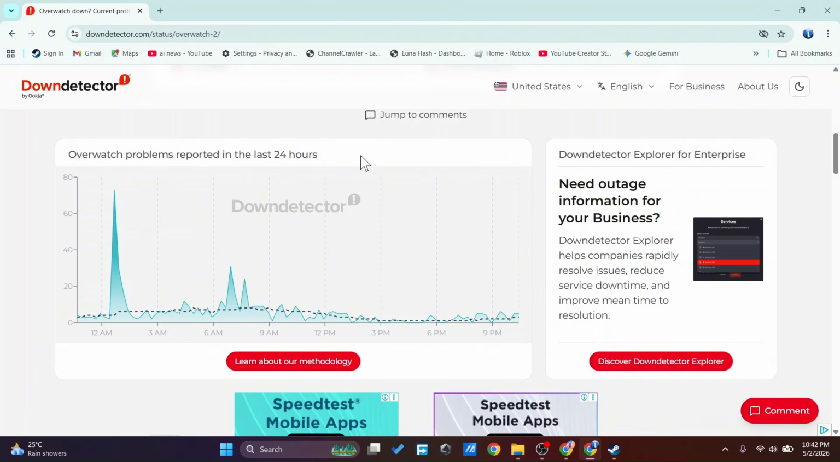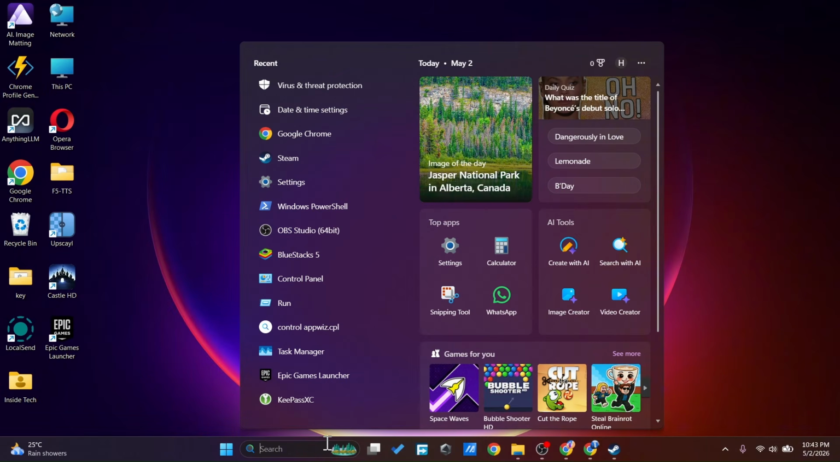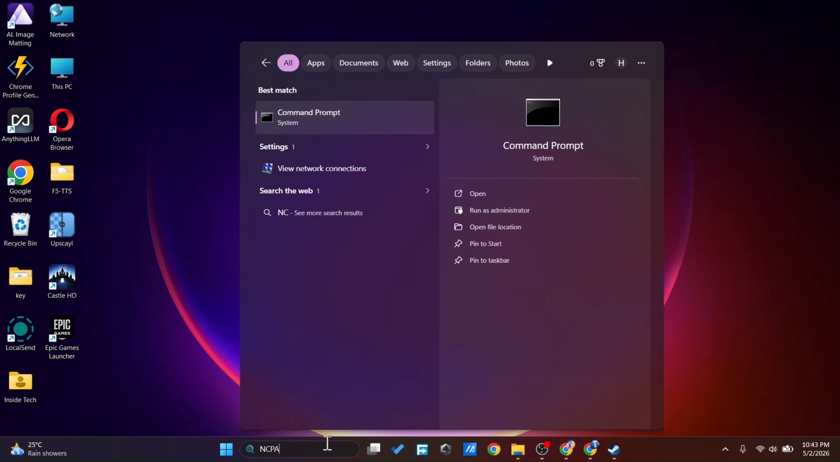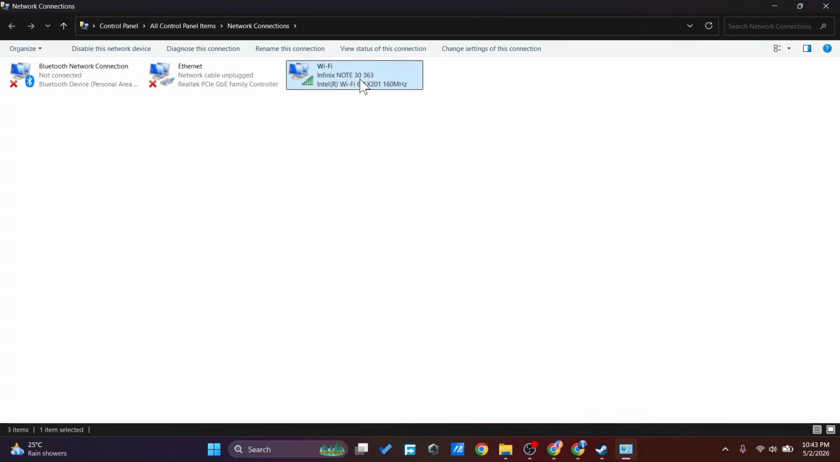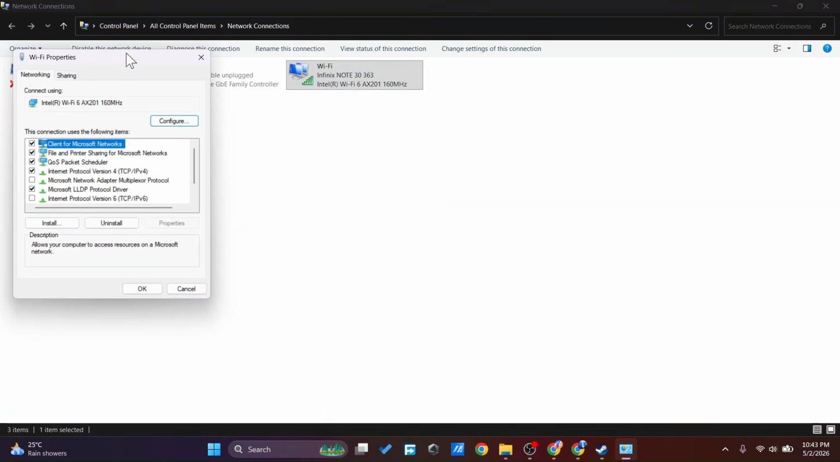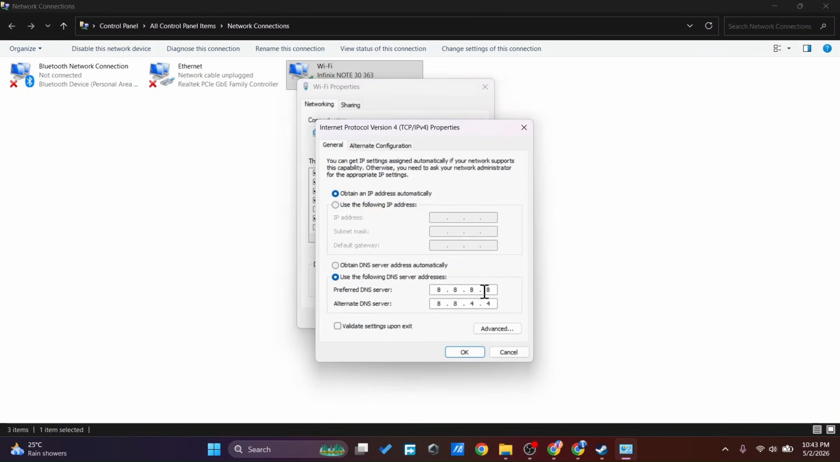for server down issues. Now the next solution that you can try is go to your Windows search and type ncpa.cpl and open up this control panel item, and just right click on your Wi-Fi, go to its properties and scroll down, uncheck this Internet Protocol version 6 and check this Internet Protocol version 4, go to its properties and